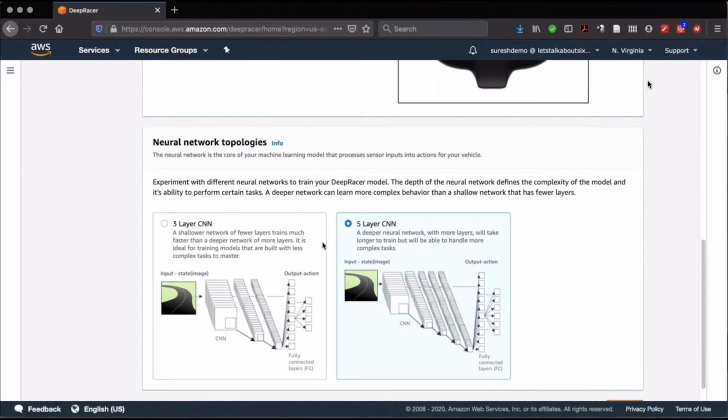Obviously, a 5-layer CNN is always better, right? It's a deeper neural network, right? It will take longer to train, but you will actually be able to handle more complex tasks. Now, for a time trial, it's not really a much more complex task because you're not worried about objects on the road. It's a straightforward way of learning. It needs to figure out how to stay on track and complete the track in the fastest time possible. So I would often recommend a 3-layer CNN if you are just taking part in a time trial, right? So let's go ahead and pick a 3-layer CNN